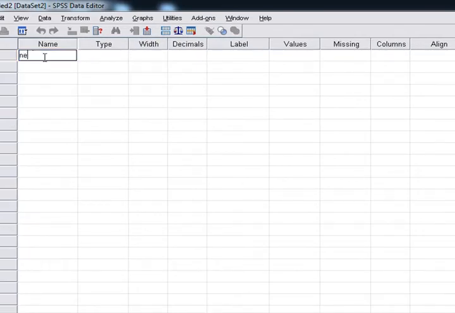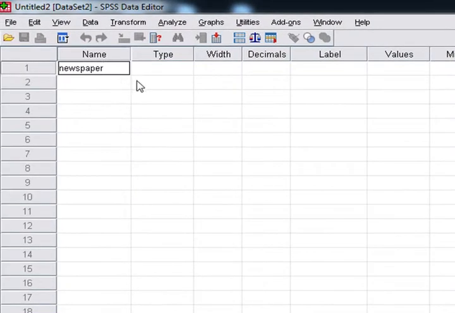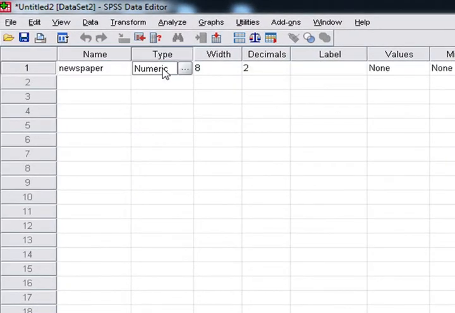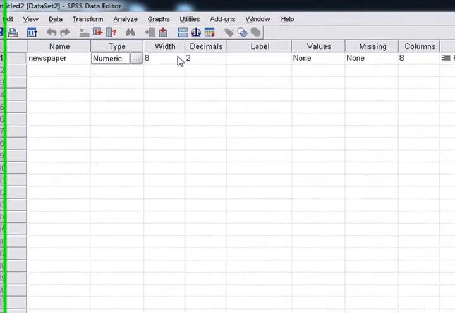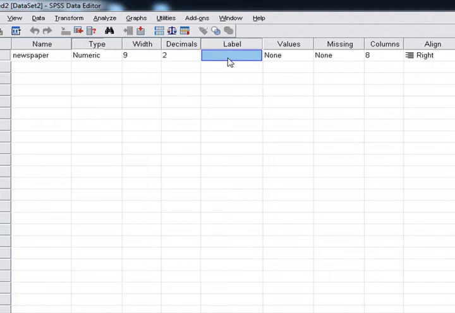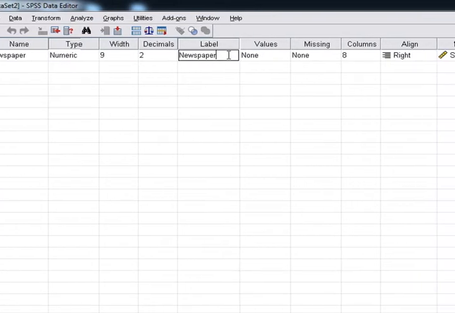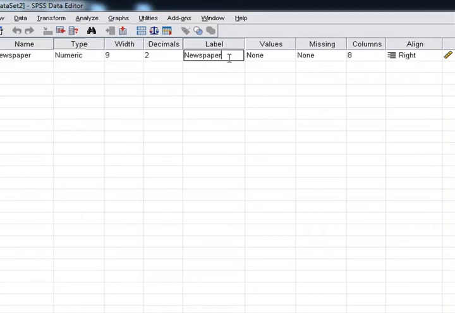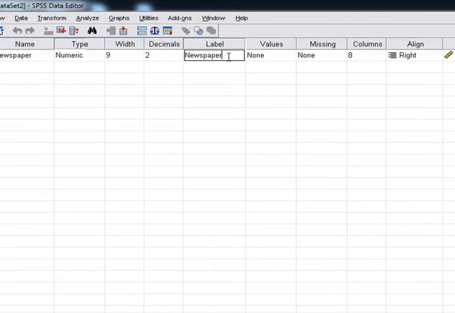So you can write anything which is in the continuous form, and forget about this numeric and leave the width, decimal, etc. Write the name of the variable clearly here, because this portion is going to be the part of the data analysis table. So please be careful about this.